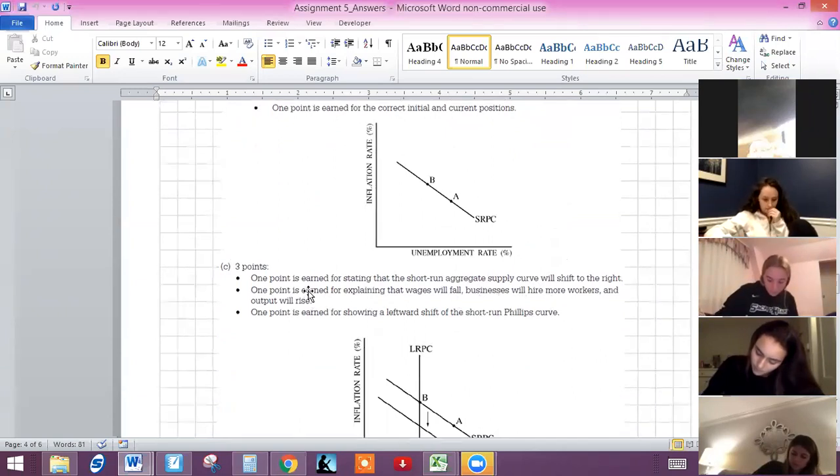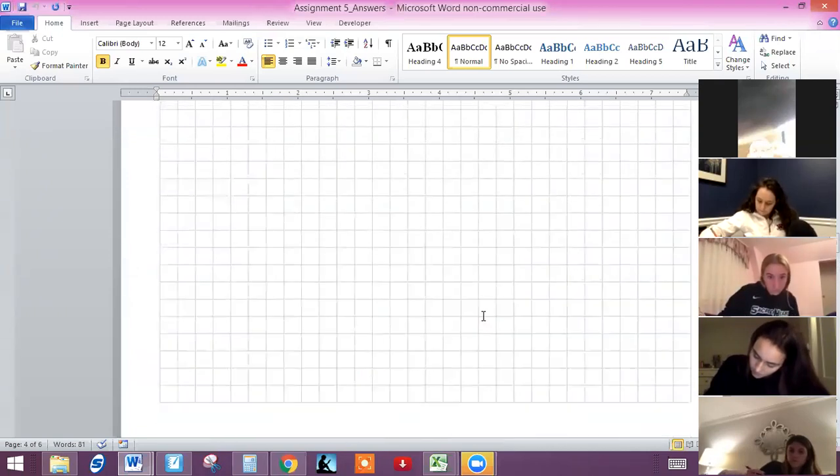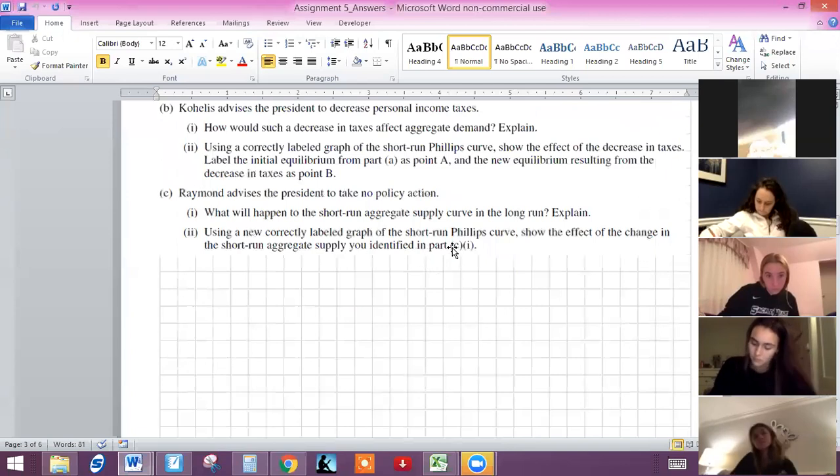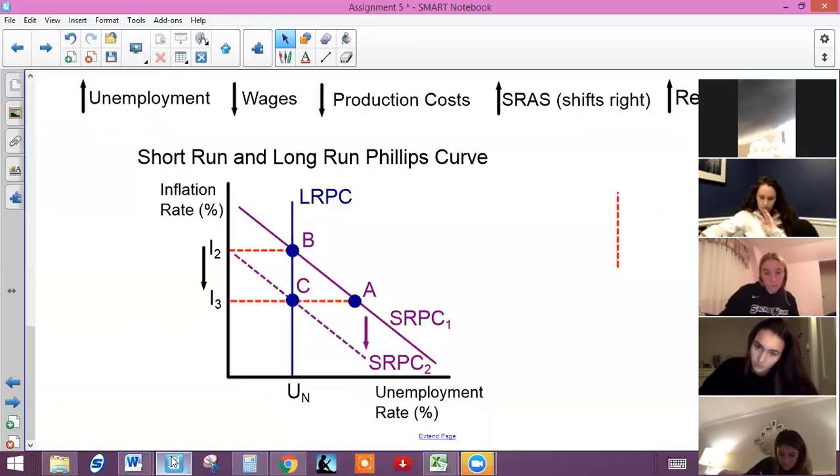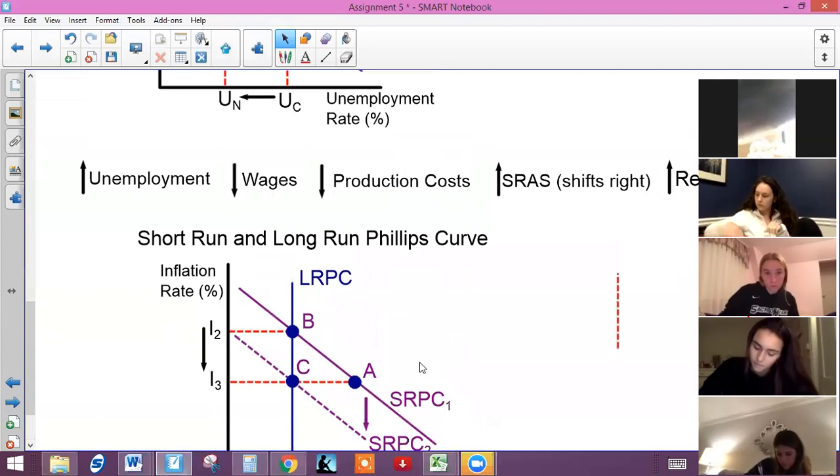So we're at this point right here. 1 point is earned, so the short run shifts to the right, and then 1 point is earned for explaining that wages will fall. I'm just trying to figure out what that's responding to. Businesses will hire more workers. Wages will fall because they don't really number it here. Oh, I see. I see. Okay. So what happens is that